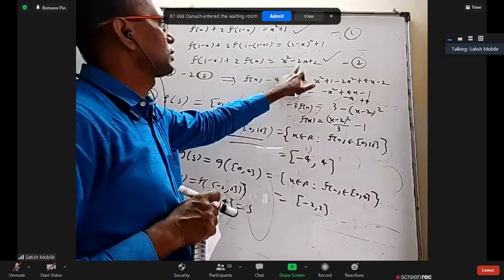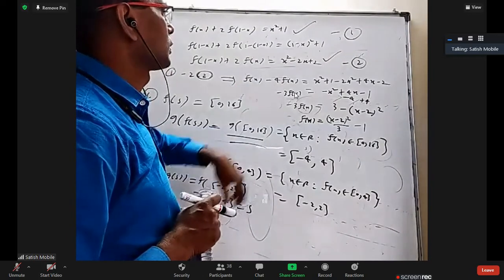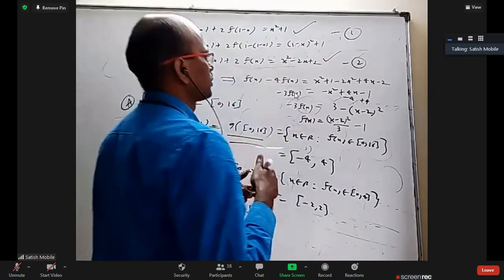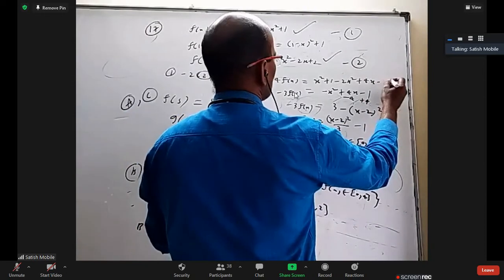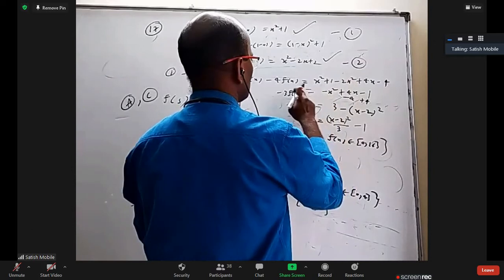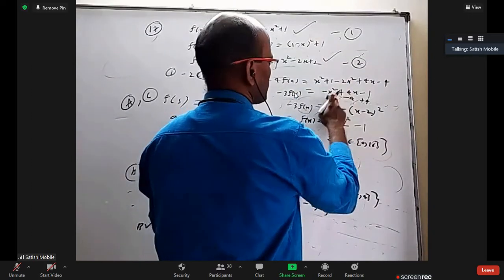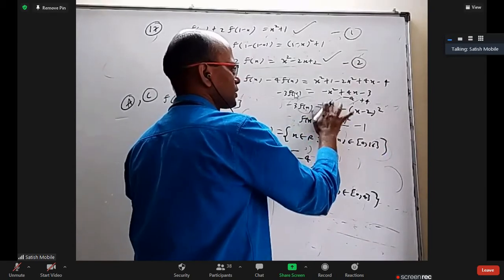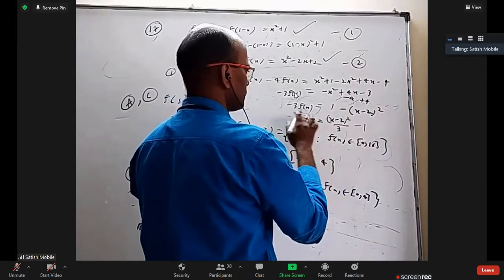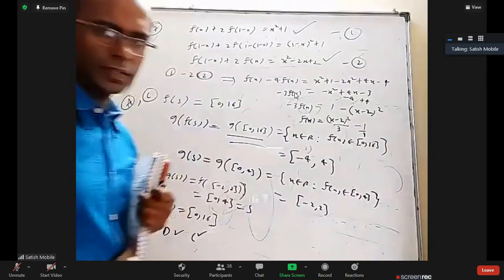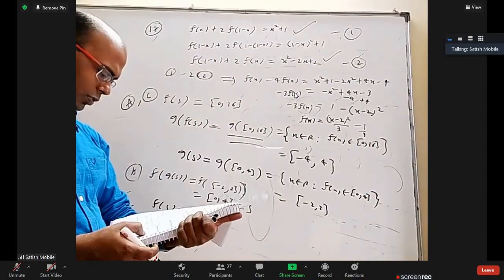This is x square minus 2x, 1 plus 1 is 2, and I'm multiplying with 2 and subtracting, so I forgot to multiply with 2 here, so it will be minus 4. With minus x square plus 4x minus 3 it is, and it is minus 3, it is plus 1. Then it is plus 1 minus 1 by 3. Yeah, minimum is minus 1 by 3. So minus 1 by 3 to infinity.